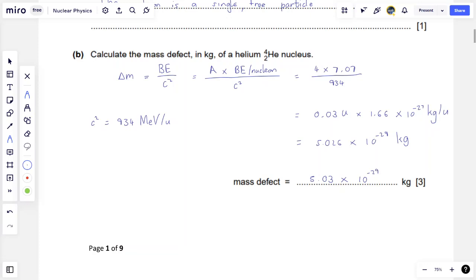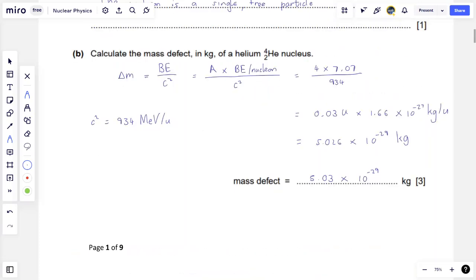And so that's how we find the mass defect, by remembering that the mass defect is simply the mass equivalent of the binding energy, the amount of energy that is required to keep the nucleons in the nucleus. The difference in mass between the complete nucleus and the free nucleons. That is, by definition, what mass defect is. Check out my video that does the crash course on nuclear physics if you're still a bit hazy on the